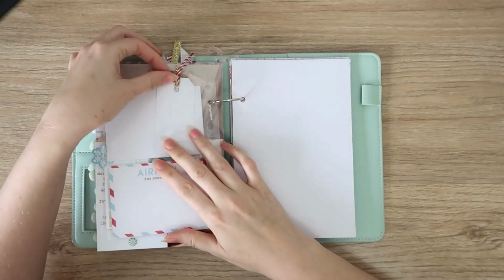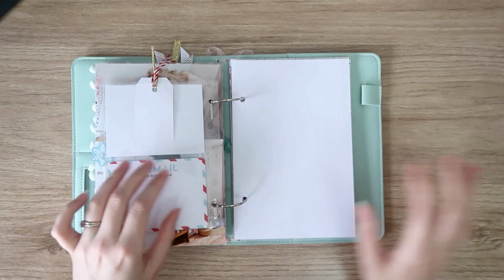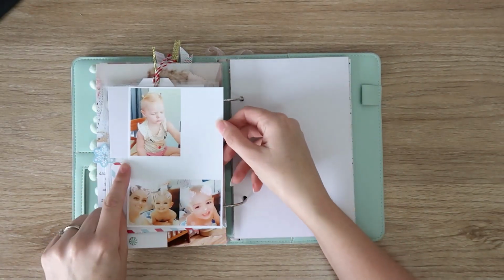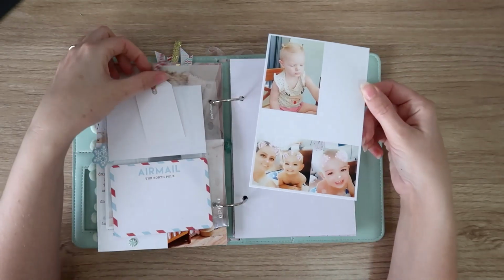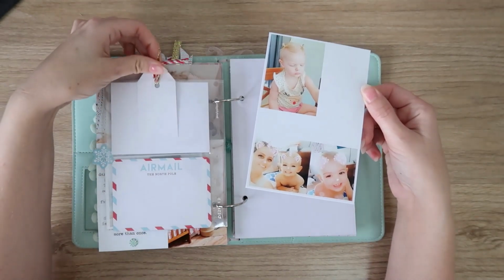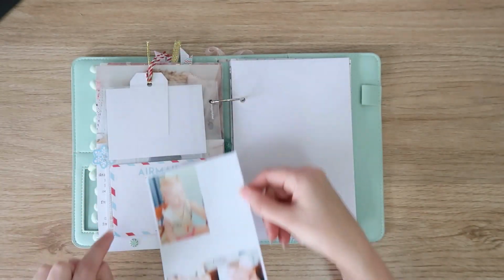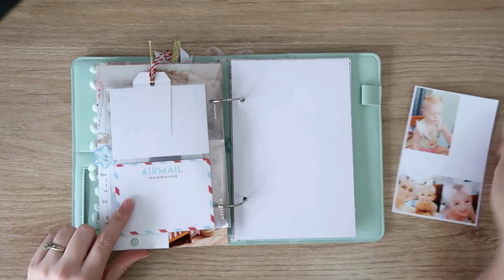this side. So I have the back of this pocket. It's a little boring. I don't just want to add another journal card and another photo. So I have this photo of my sweet little Violet. I'm not sure where I'm going to put it yet. I'm going to create a space for this tag to live in. So it's a little bit small at the moment. So I'll put this photo in one of these pockets with some pattern paper embellishing, and then I feel like